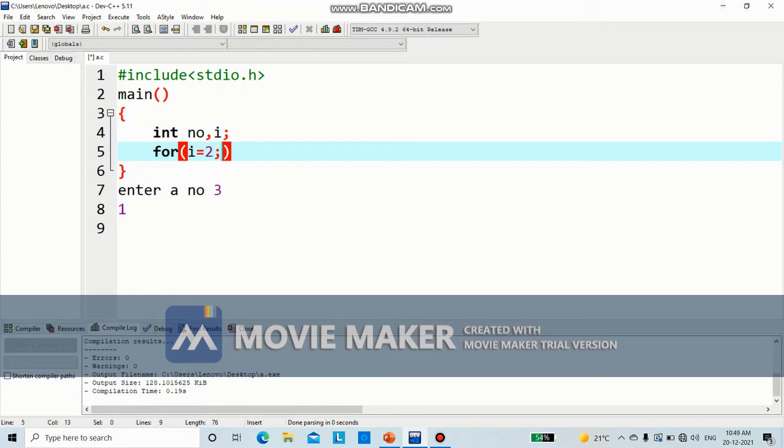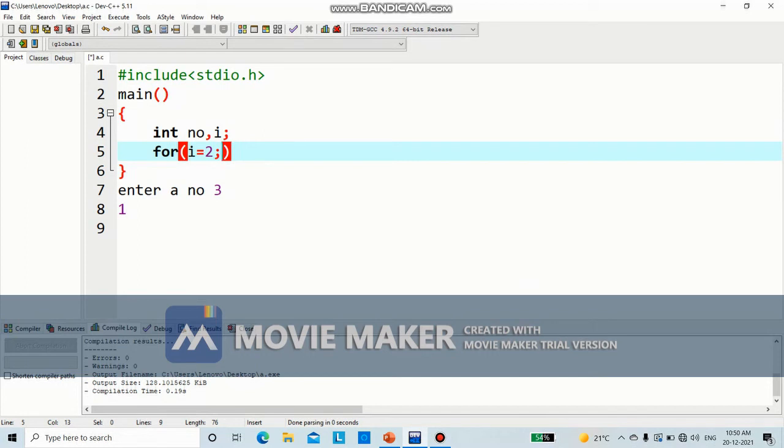Because 1 is neither prime nor composite, so we leave out number 1. Starting from 2, we check whether the number is divisible by i or not. Why are we not taking 1 here? Because the number is obviously divisible by 1, so there is no point in giving 1 here. So it should not be divisible by 2, and we start from 2.